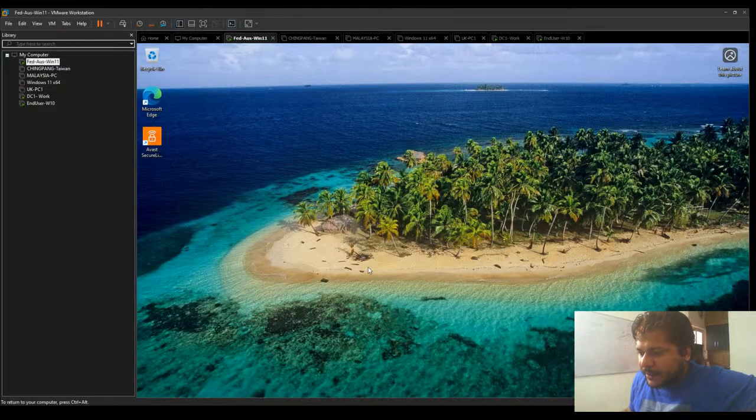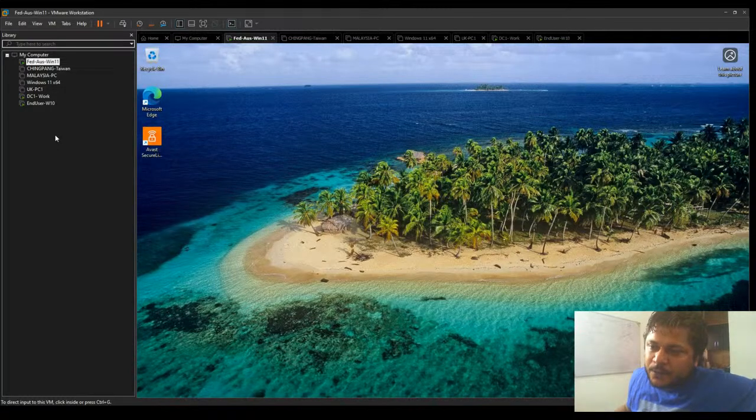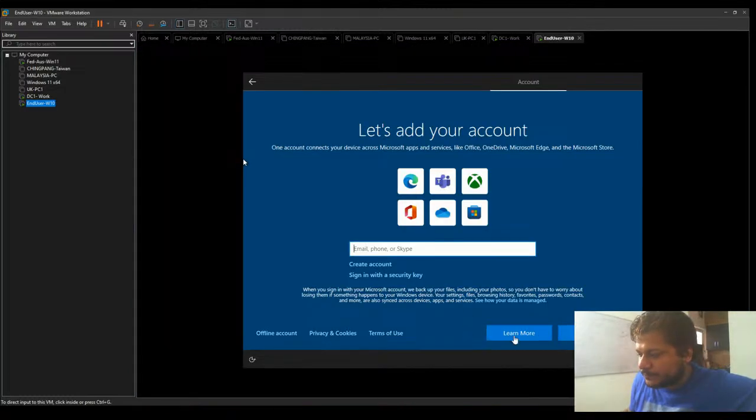My Windows machine is also up and running. I'm going to show you how I change the subnet of this machine so that it is in the same network and can establish connectivity with the domain controller, which I'll be using to connect this machine.